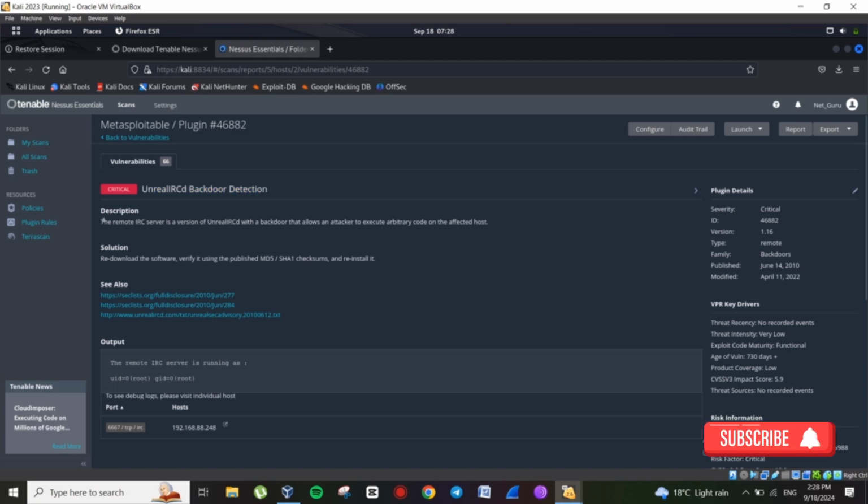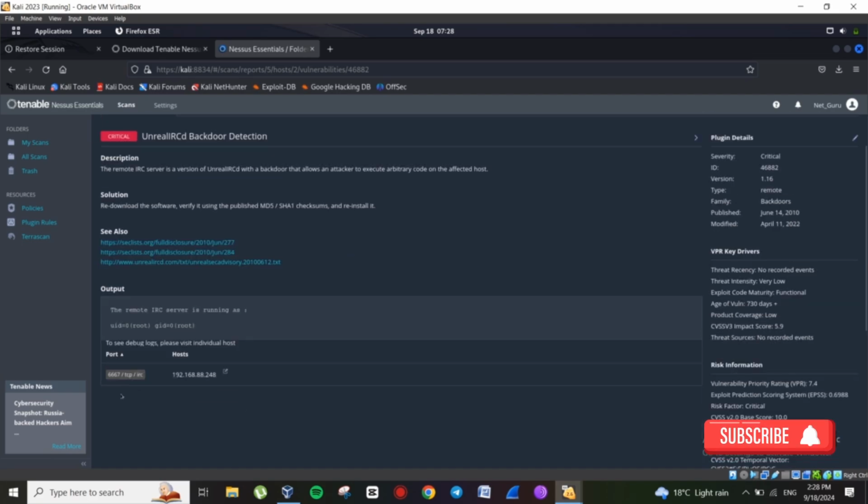And this description says the IRC server is a version of UnrealIRCd with a backdoor that allows an attacker to execute arbitrary code on the affected host. The solution is to redownload the software, verify it using the published MD5 or SHA-1 checksums, and reinstall it. So this is a critical one, and it says that it allows for remote code execution,